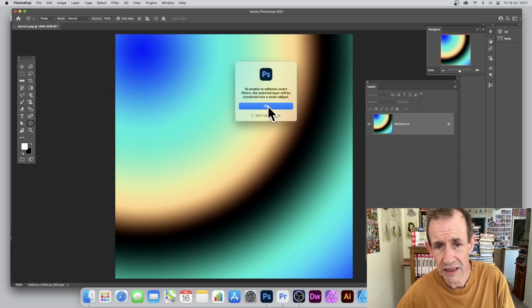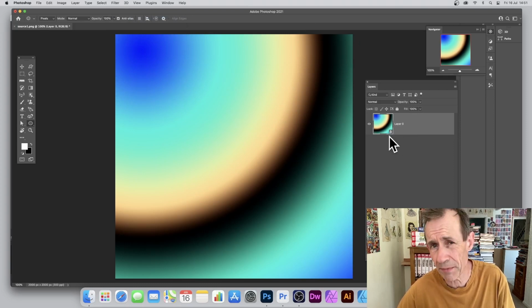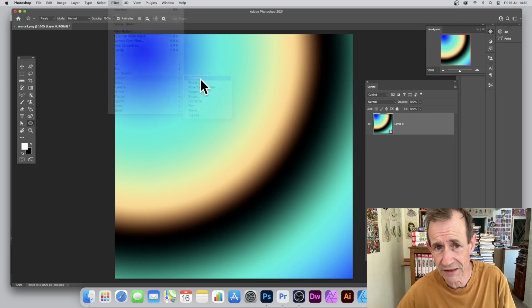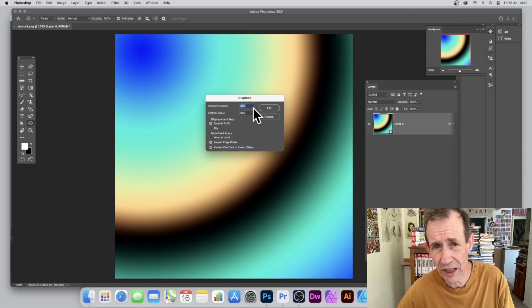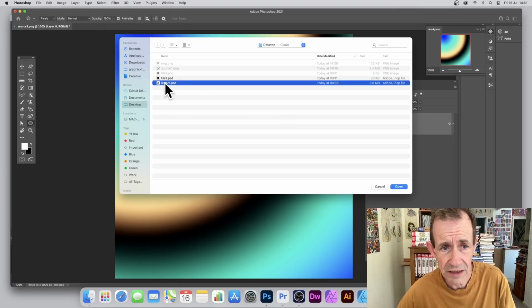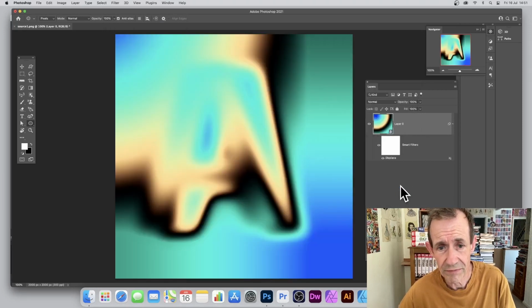Come up with a message, click OK, and you can see now it's a smart object. As a smart object, you can change the properties. So go to Filter and Distort and Displace. Set the value 300, etc. Click OK and select the file. This time letter.psd. And you've got the design there, and you will see straight away you've got a smart filter